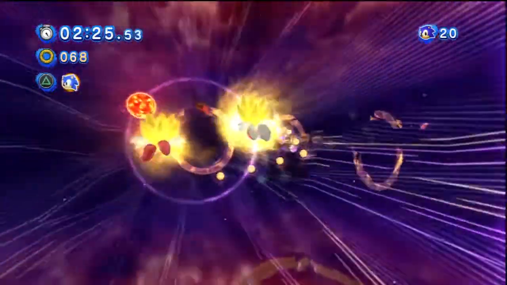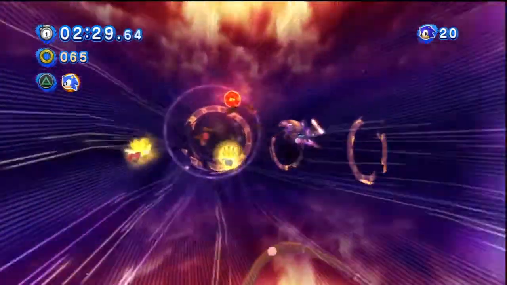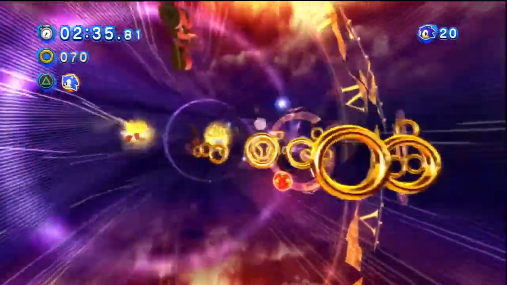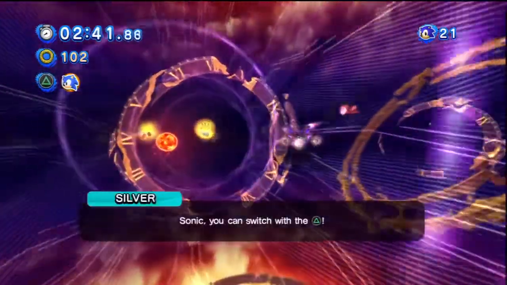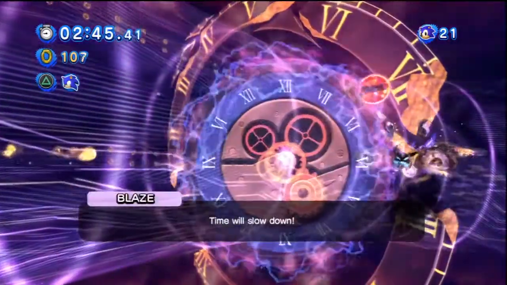So we got to be careful of the homing shots, as our friends are going to be stating a lot. It looks like a homing shot. Yeah, I know. You said this like 50 times. There we go. That's a lot of rings. And we got an extra life out of it, too. So that's good. You can evade by switching with triangle. So whenever he does an attack like this...